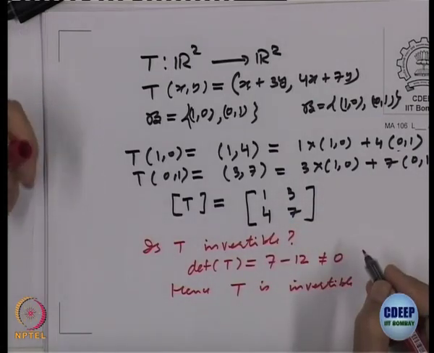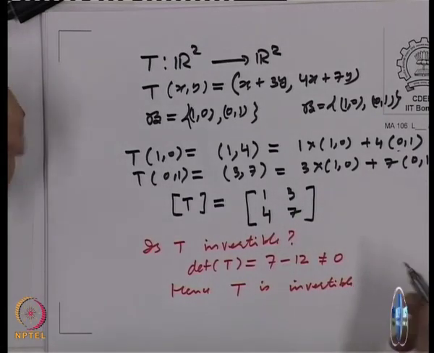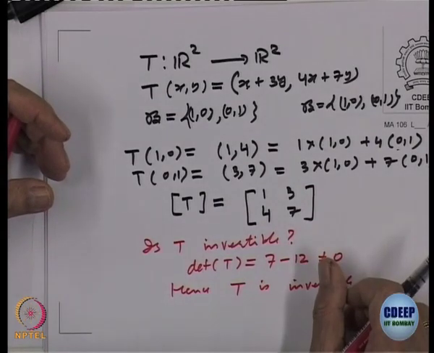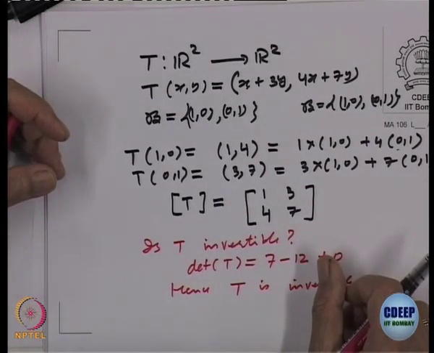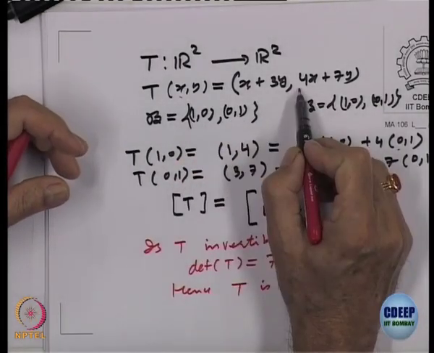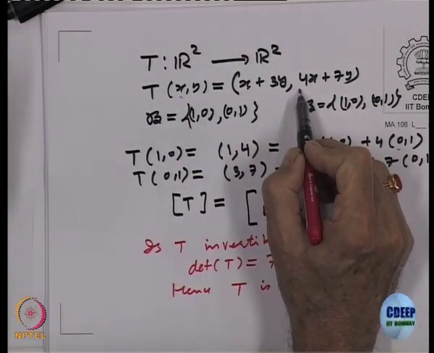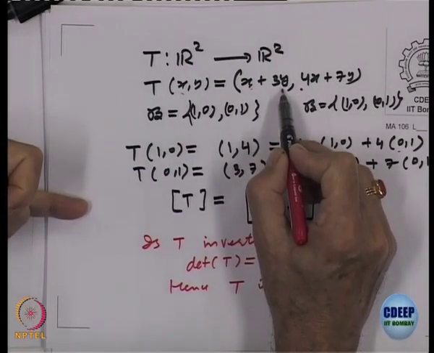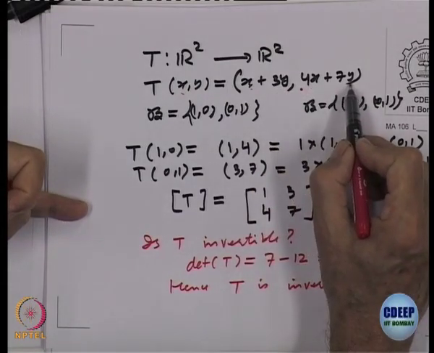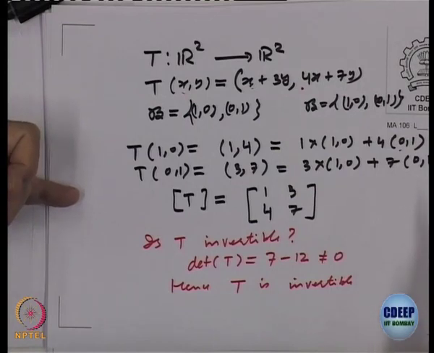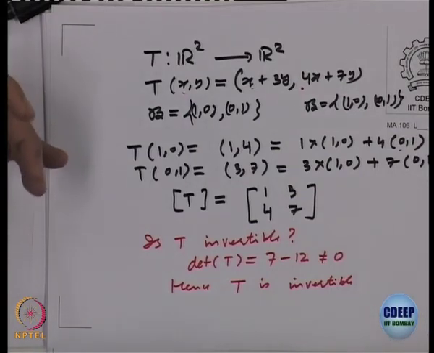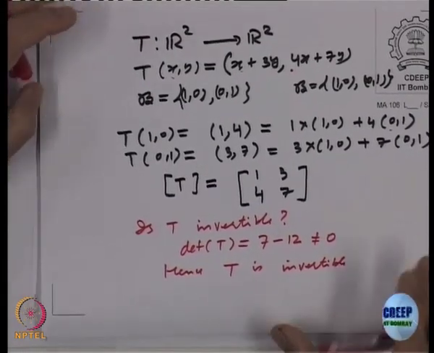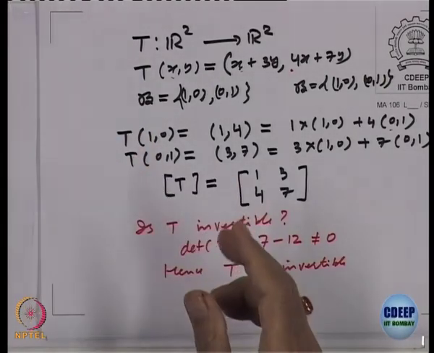That is because our matrix is quite small, 2 by 2, so computation is simple. Even 3 by 3 will be okay. Or you can directly compute: T of (x, y) equal to 0 should imply x is equal to 0 and y equal to 0, which will mean T is one-one, that is good enough. So, that will mean x plus 3y equal to 0 and 4x plus 7y equal to 0. Solve that and see that x comes out 0 and y comes out 0, proving T is one-one. That is also good enough. Whichever you find easier in a particular example, you can do that. So, T is invertible. What do we want to do now?